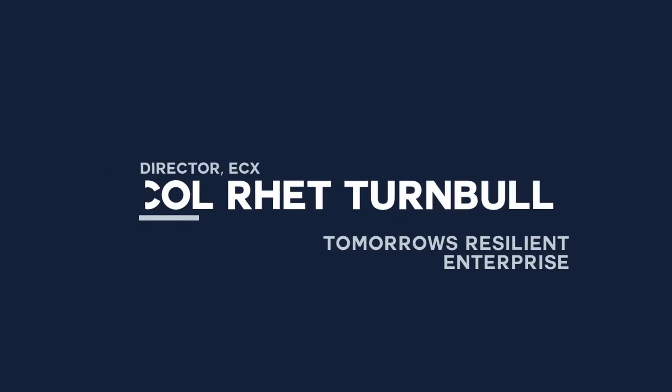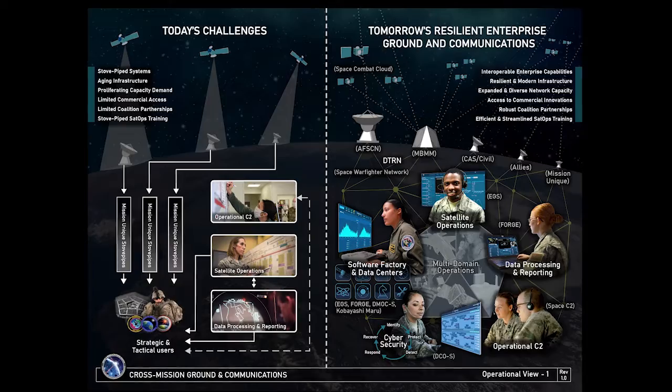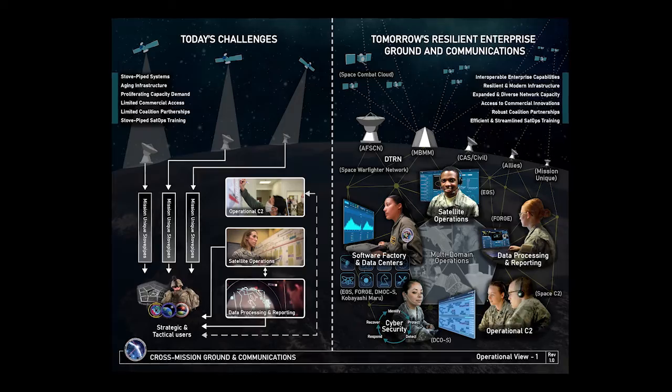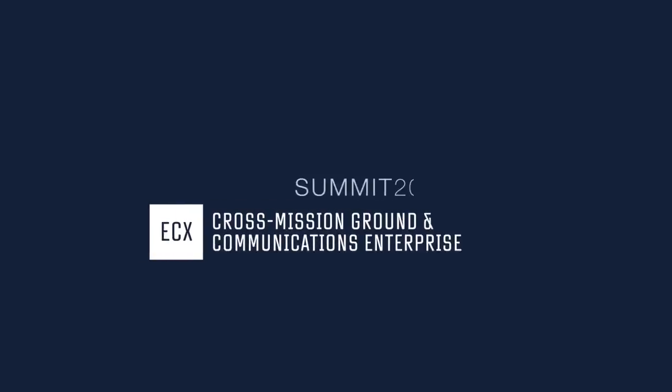Our missions, the different capabilities we produce, and then how those capabilities fit together to serve the warfighter. It ultimately is helping us push the envelope of what we need to do for space warfighting. I'd say the folks are the number one priority in getting this thing done and having the right resources, not only the number, but the right resources, the people. We're the ones that we work with to deliver capability to the warfighter, or you are the warfighter that we're delivering this to. We cannot do this without you. It says tomorrow's resilient ground enterprise and communications. It's not very far in the future. We're building those systems today.